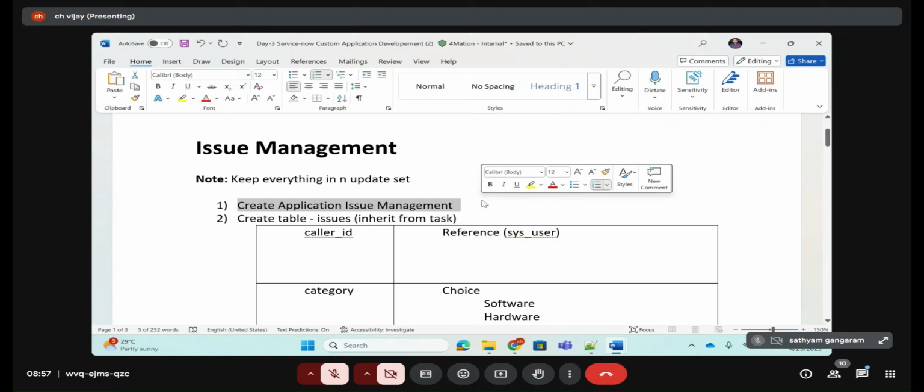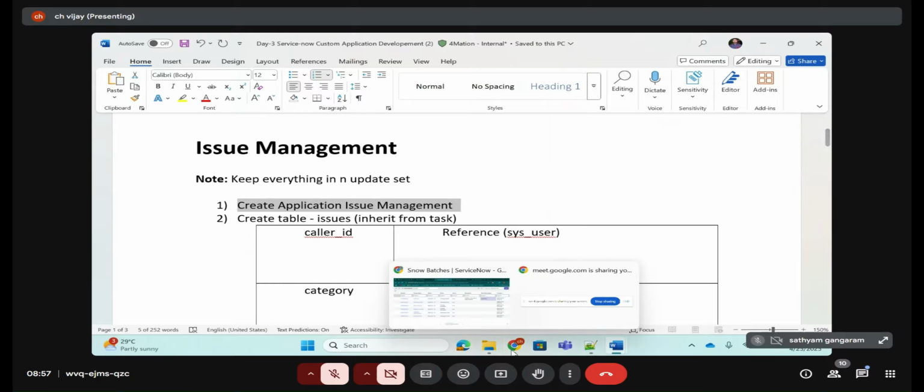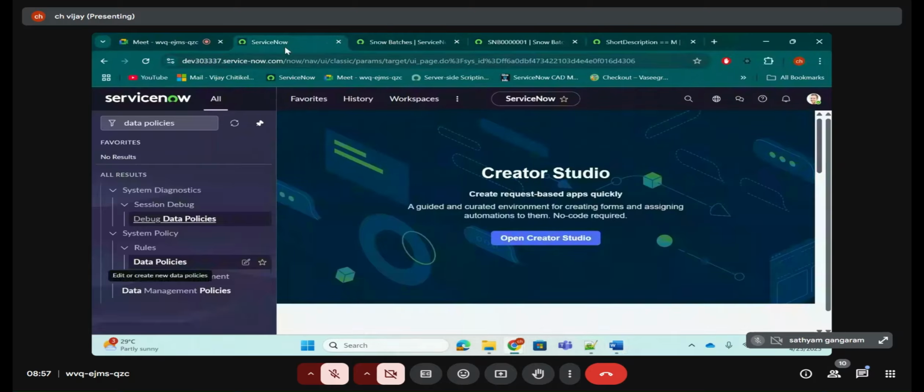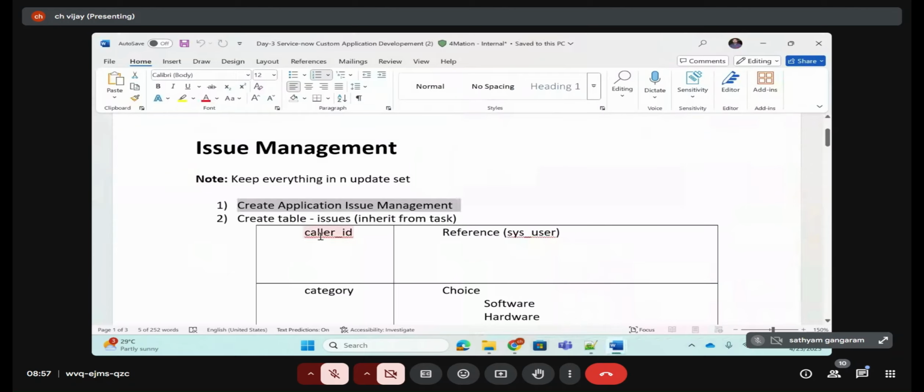Create an application known as issue management. Application means the application menu should be issue management. I think everyone knows what an application menu is, or you don't know? Tell me, what is the application menu here? System Diagnostics is an application menu. Debug policies is a module. So they are asking to create an application menu known as issue management, and the table name should be